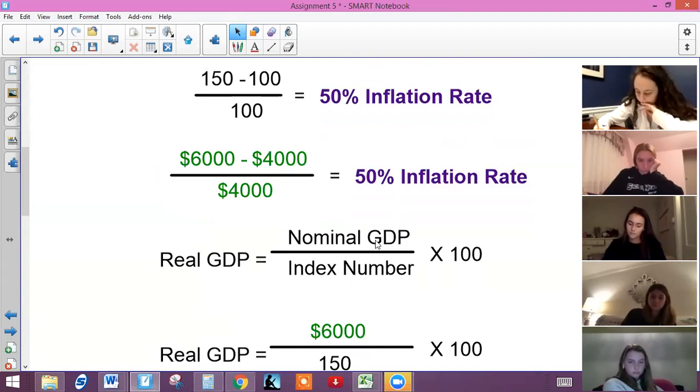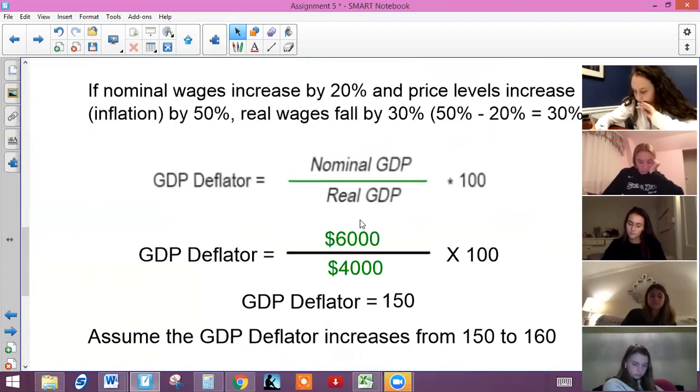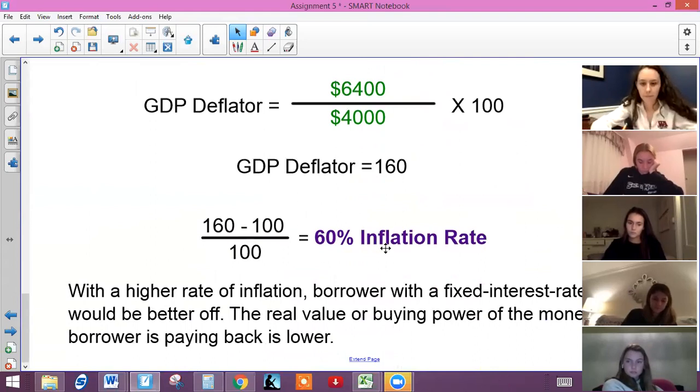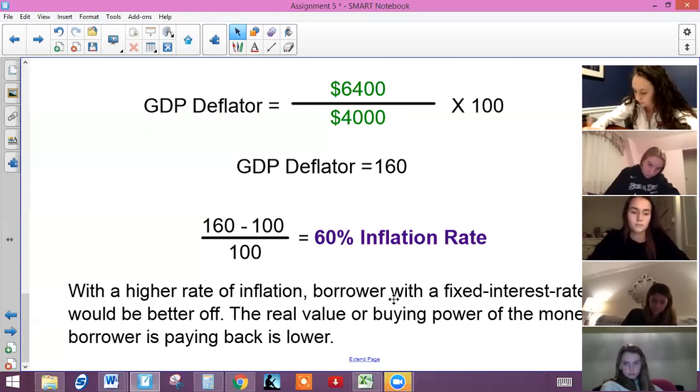Well, if we use a higher GDP deflator down here, we're going to get a higher rate of inflation. And just like in problem 1, if the rate of inflation is higher than expected, the borrower is going to be better off, just like Sarah in problem 1,